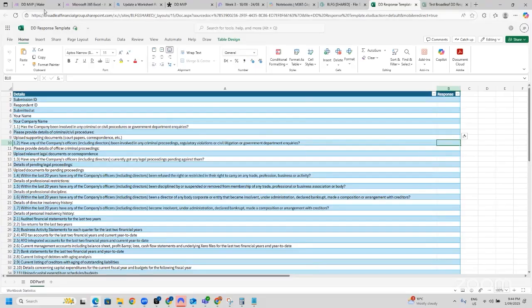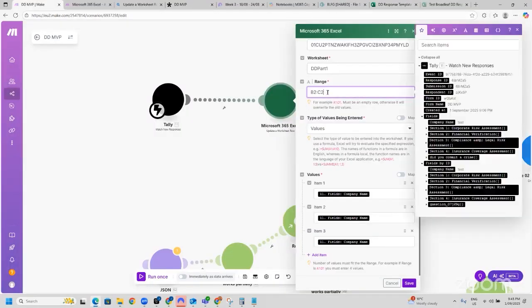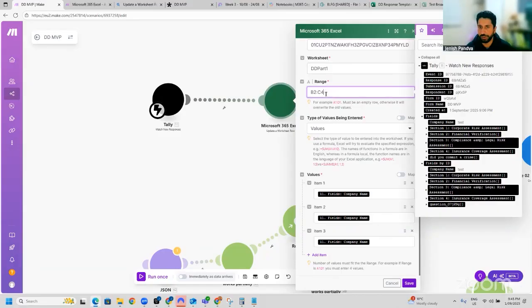Then you should define B2 to C50. It works like that: B2 means you are defining the first starting point, and the end is the 50th row. I'll test it for just 2, 3, because if not, I'll have to put